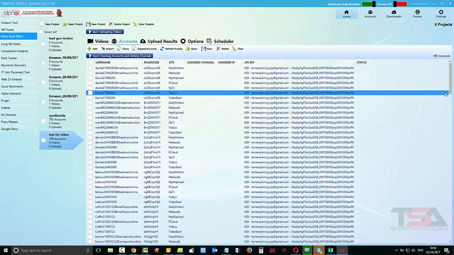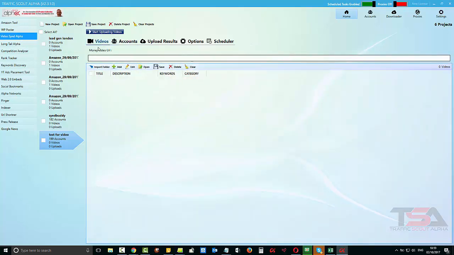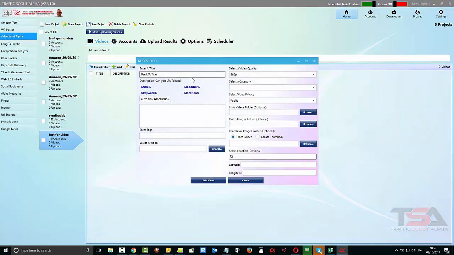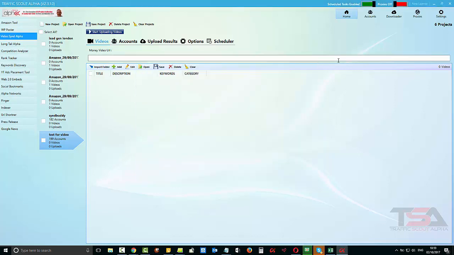If I want to take a video and syndicate it to these 199 accounts, all I need to do is come over to videos and click on add and fill in the details here, and it allows me to get that video sharing into those 199 accounts that I created with 2 clicks. Very, very powerful stuff. You can see how this is all coming together, where we have good backlinking, we have